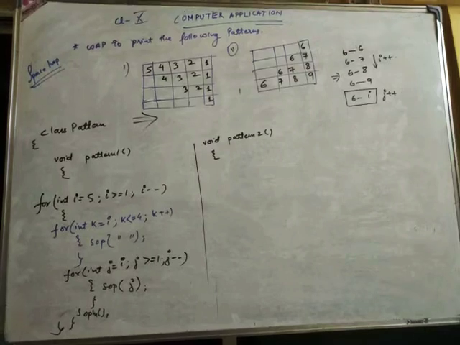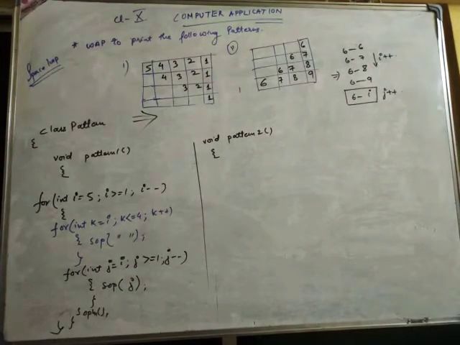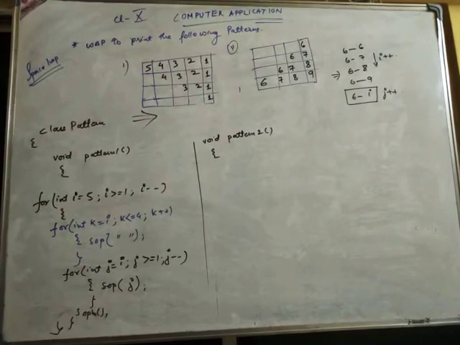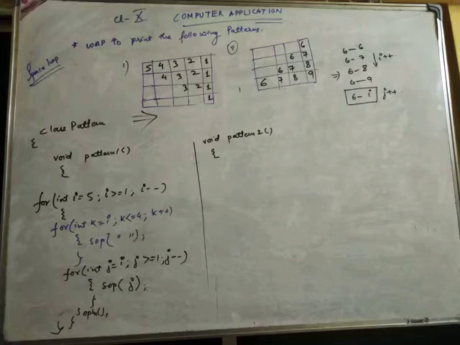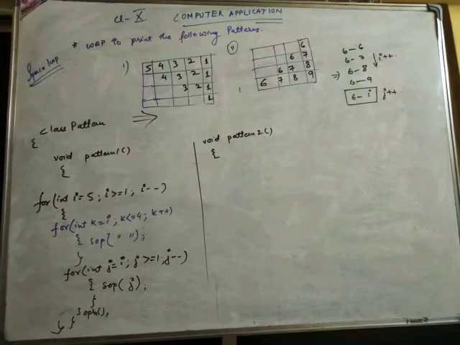From down, if you see, the second column will be your I loop, and it will start from 6 till 9, and it will be I plus plus. Now if you see the box, the first column is 6, the second column is I, and it will be J plus plus. From left towards right, we have to do plus, then only it will go from 6 to 9 or 6 to 8. So J plus plus. Based on this, the I and J loop will be made.